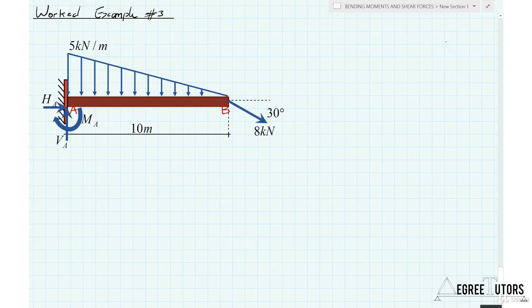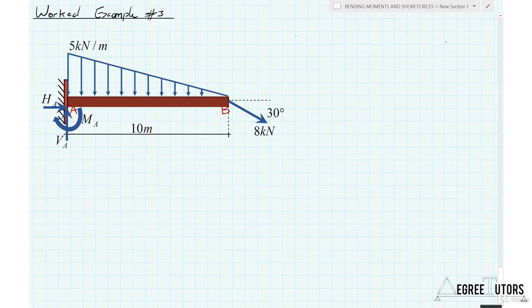So the first thing I'm going to do is deal with the distributed load, the linearly increasing load. This is often referred to as a triangular load. And again, we are going to replace this with an equivalent concentrated load. The magnitude of that concentrated load is going to be the area of the triangle, or the area beneath the inclined line, which is just the total magnitude of loading. So the area of that triangle would be, let's see,